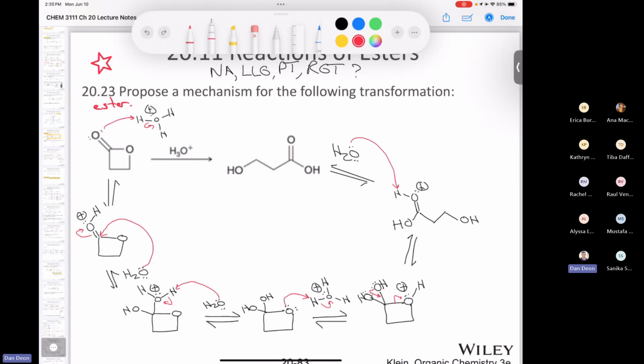Not my best curved arrow, is it? There we go. So what do we have? We have a proton transfer in the first step. Then we have a nucleophilic attack. We have another proton transfer. Then we have a loss of leaving group and a proton transfer to round things out and to get us to the end. So